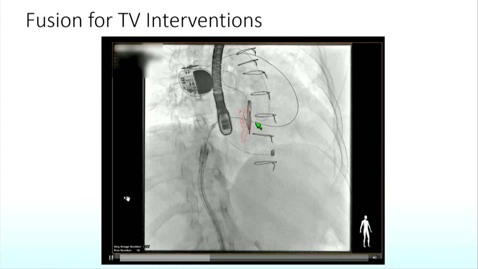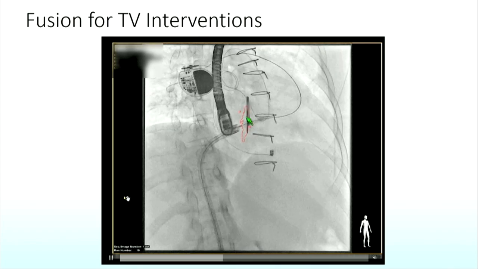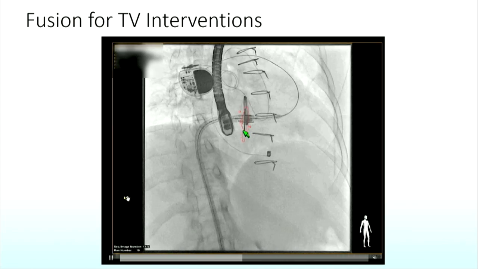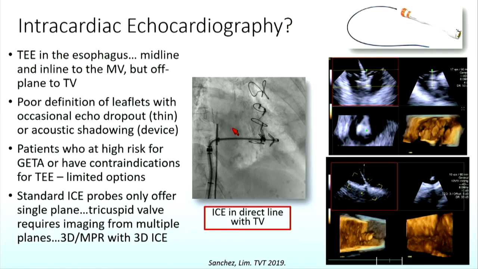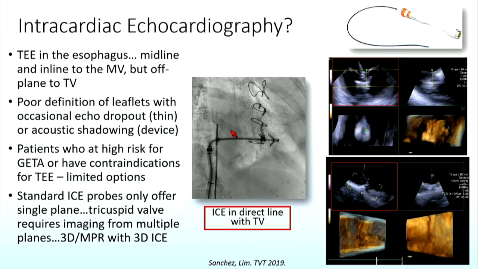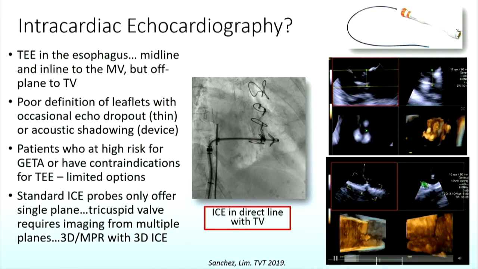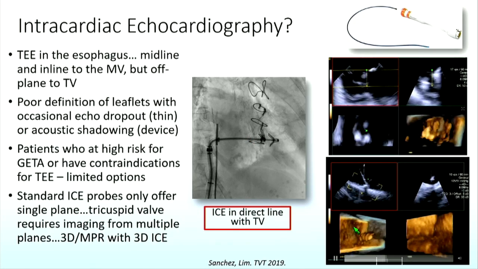But you can see that once you merge the technologies, and this is limited for just even a tricuspid valve-in-valve, that you can mark off the location of the tricuspid prosthesis to be able to help position and deploy a device. Intracardiac echo is now being used at a number of institutions where you can have a direct line access to the tricuspid valve. And you can see our multiplanar reformatted images that help give us good identifiability of the